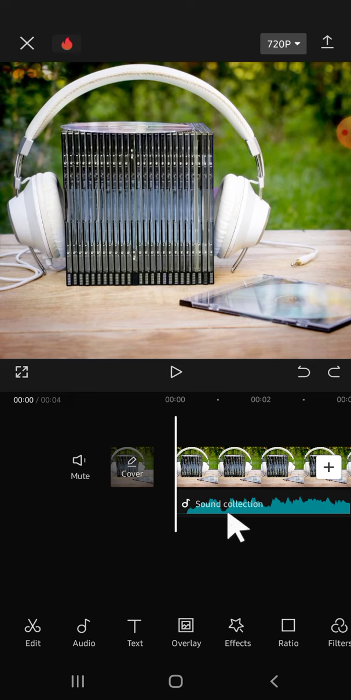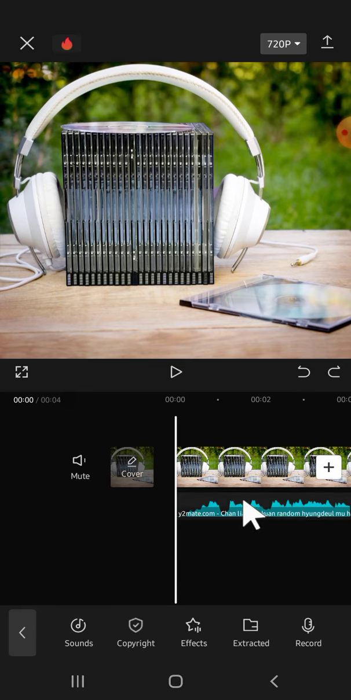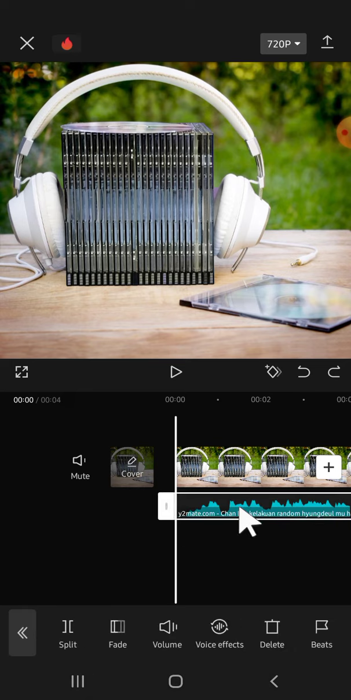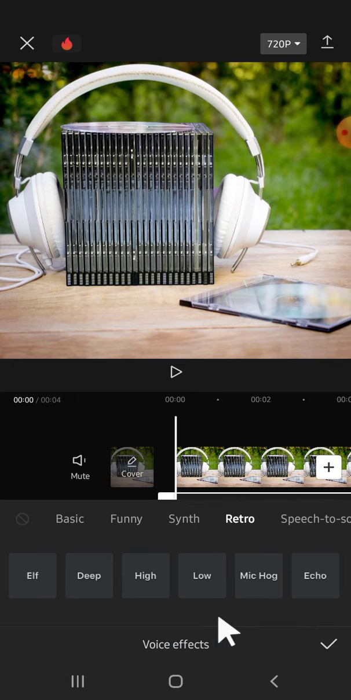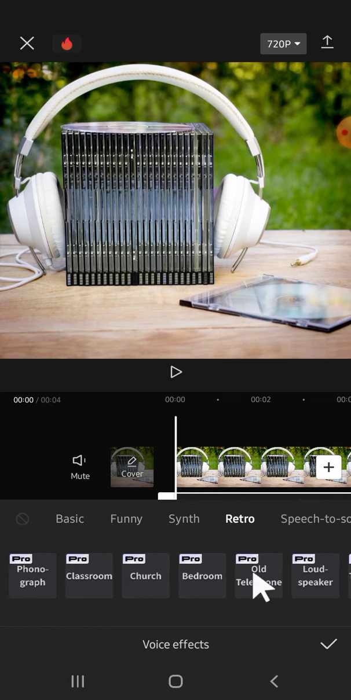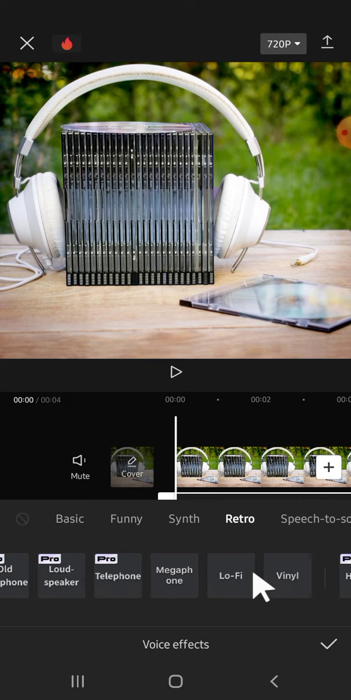So this is my music sound, and if you want to make this music sound muffled, we can tap on the music like this, and then we can tap on it again until this option appears on our screen. Then we can click on voice effect. Then we can click on the retro option right here, and then there will be three options to make our music muffled. So you can click on megaphone, lo-fi, or final, and then I'm going to try it one by one,